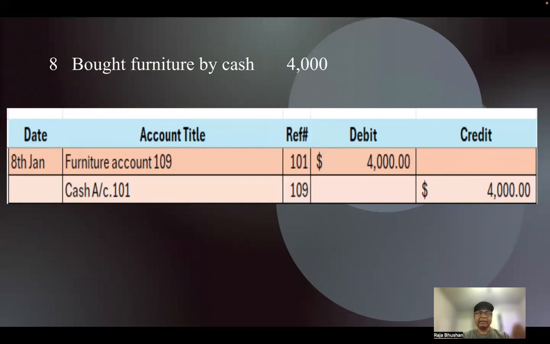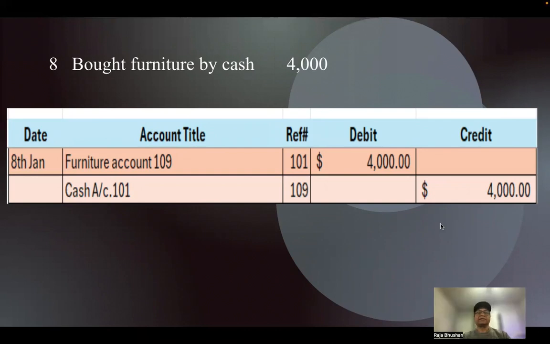To increase an expense, we debit it. To decrease an expense, we credit it. Similarly, to record income, we credit it. And if there is a reduction in income, we debit it. Okay. Now coming to the last one,